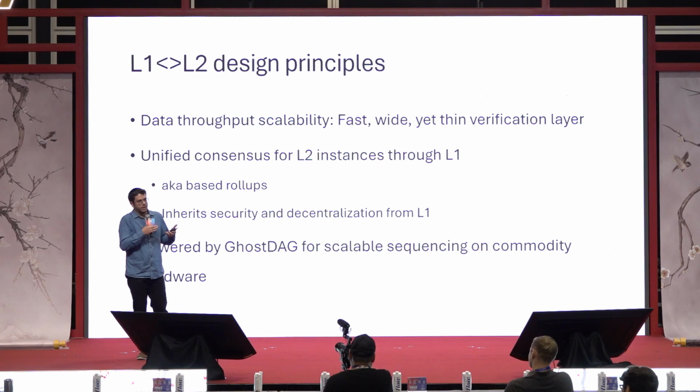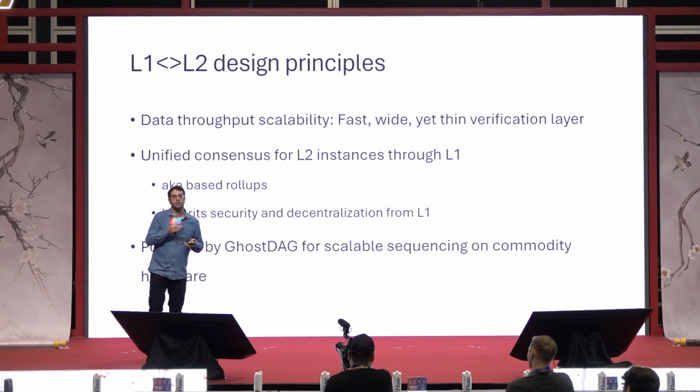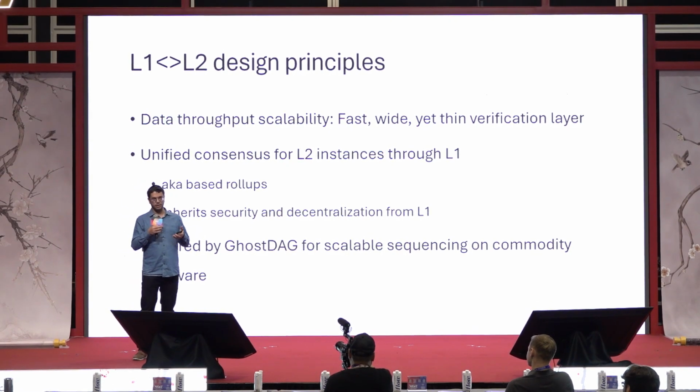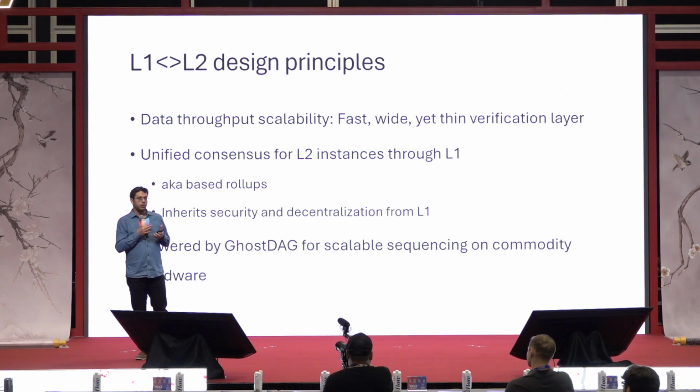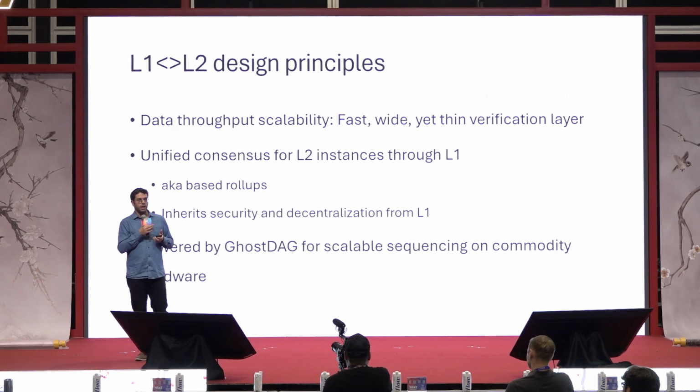And with that, we come to the world of smart contracts, and it naturally leads you to this sweet spot of what is known as based rollups. Meaning we want all the L2s on Kaspa to use the L1 for sequencing and for data availability. So all the operations are actually going to happen on L1, and the interpretation will happen on L2s and be proven to L1.